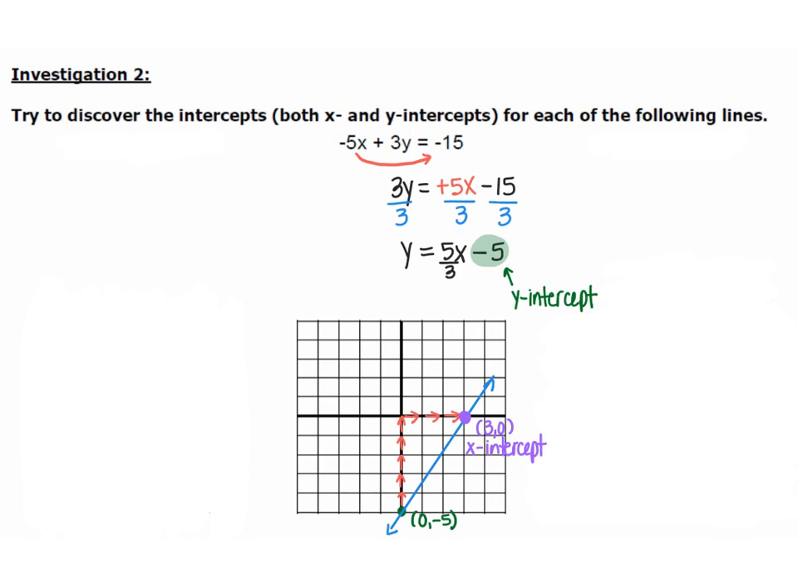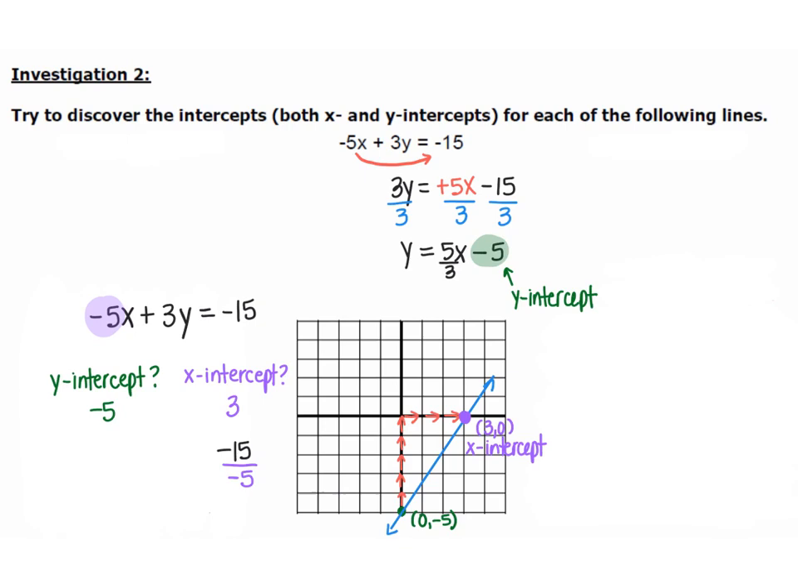Pause the video now and see if you can determine how the x and the y-intercepts of -5 and 3 are related to the original equation. Did you notice that when you divide the constant -15 by the coefficient of x, you get the x-intercept of 3? And similarly, if you divide the constant of -15 by the coefficient of the y term, you then get -5. This is a shortcut for how we can find the x and the y-intercepts from an